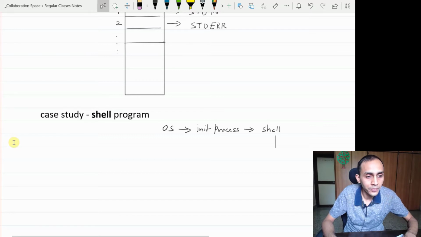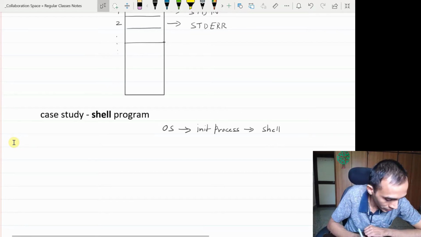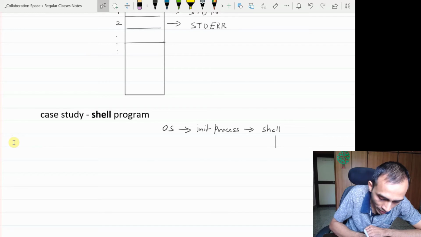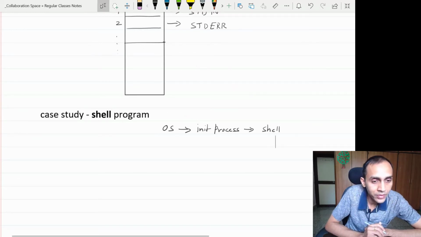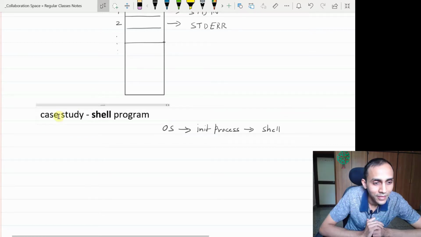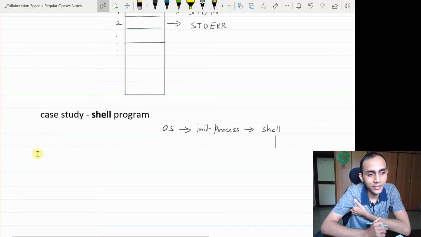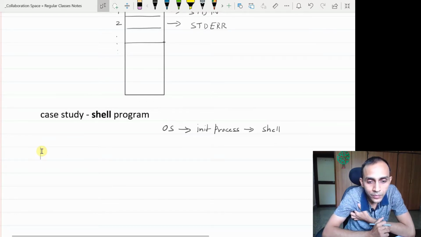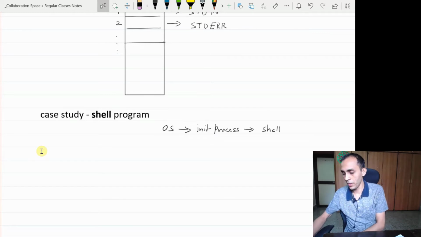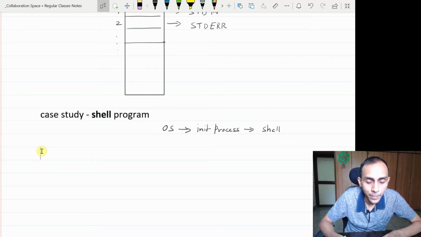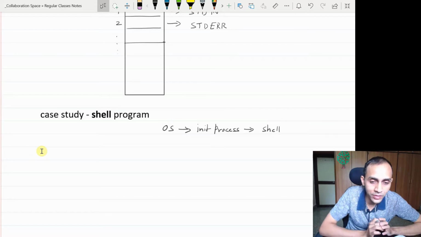Okay, so what does a shell program do? I hope everybody has used a shell program or command line interpreter. Student: Sir, shell can be understood as an interface where we can give commands to open new applications. Okay, an interface where we can give commands to open new applications and carry out other things as well. Have you used this terminal in your previous labs? Yes? Okay.